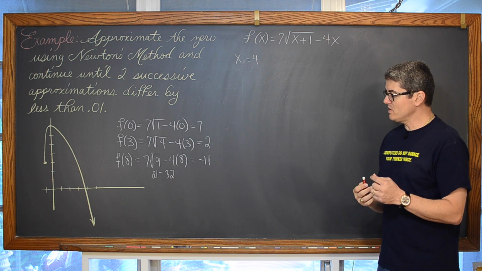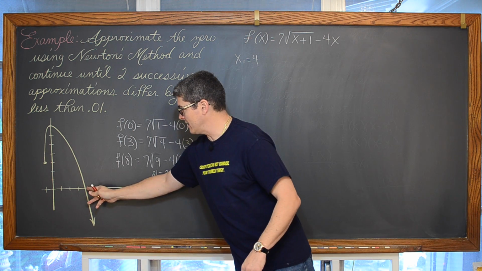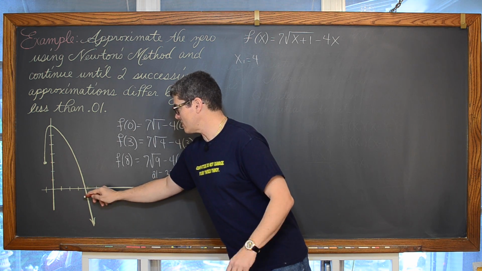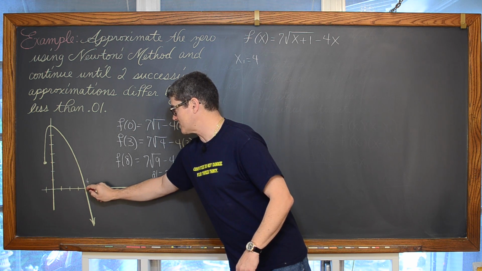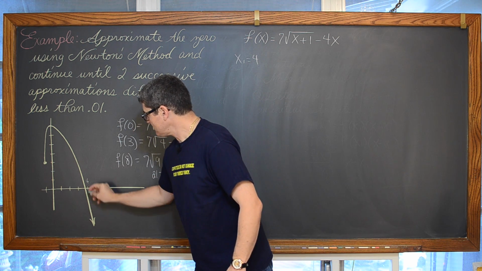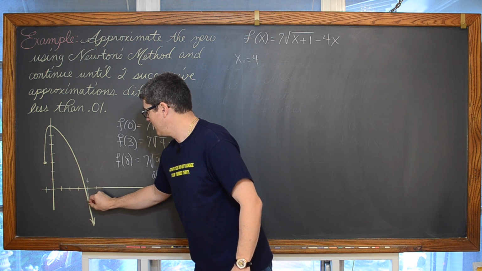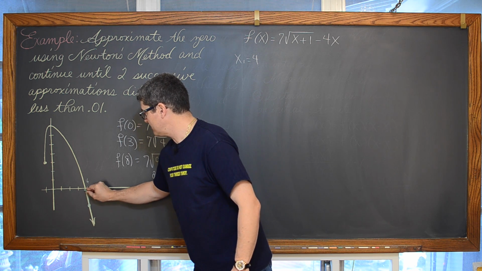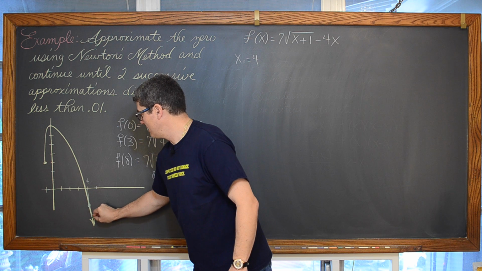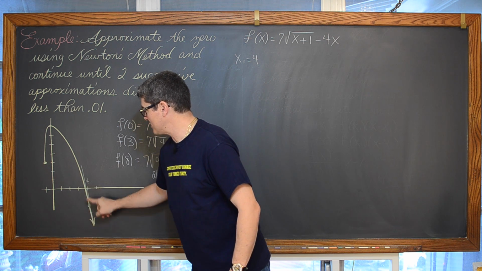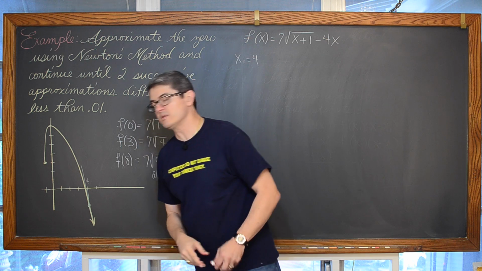Now, what we're going to do is find a tangent line. We're going to come down here. Now, this isn't drawn to scale or anything, but I hope it's not complete garbage. But we're going to come down from 4, make a tangent line, and let that tangent line help us find an estimation of that zero and see how close we are.